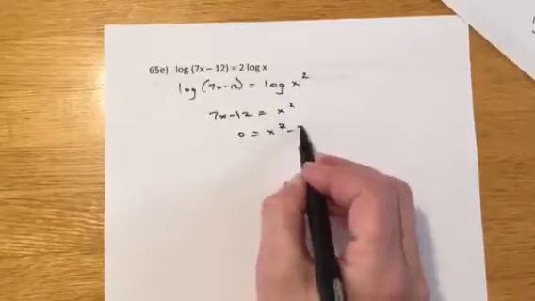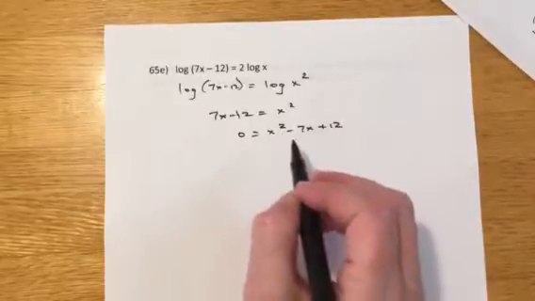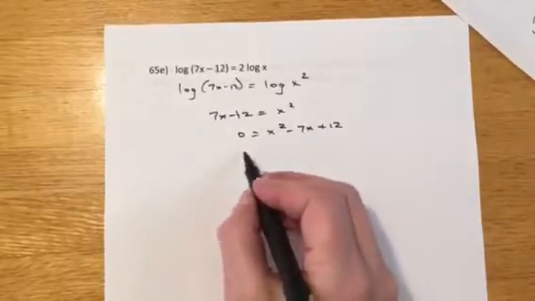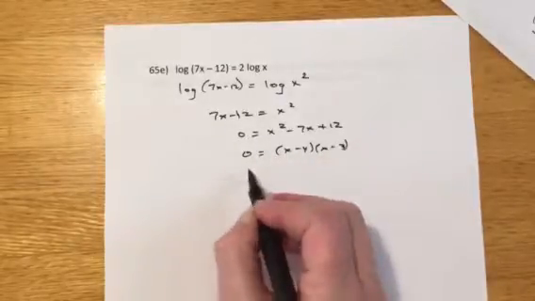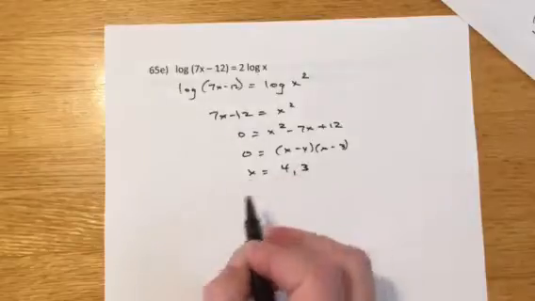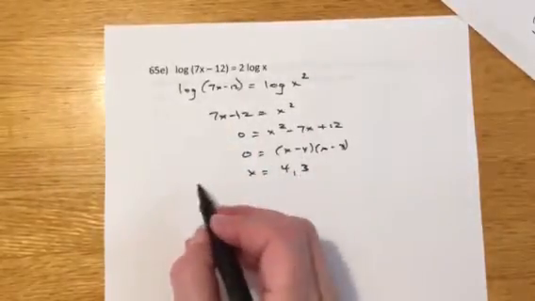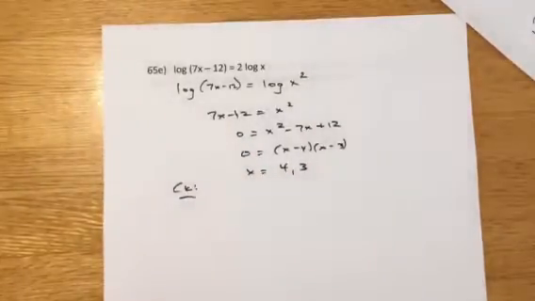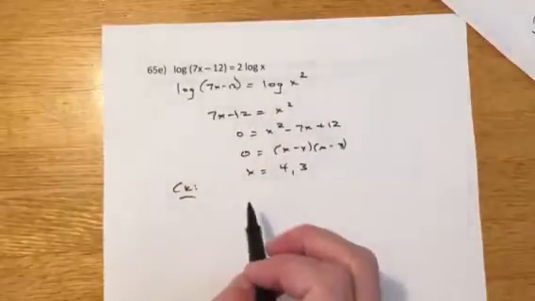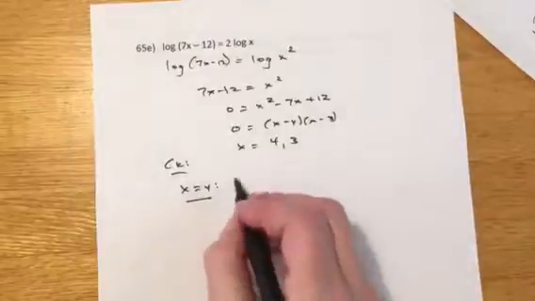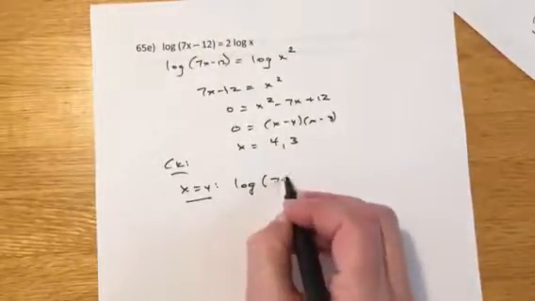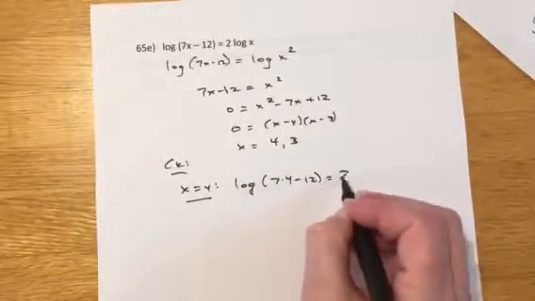It's quadratic, so we're going to get 0 on one side. And we're fortunate here because it does factor to be x minus 4, x minus 3. And so again, we have 2 to check. We did use a log property, so we have to be careful about that. We brought that 2 up as a squared. So if you check x equal to 4, you get log of 7 times 4 minus 12 equals 2 log